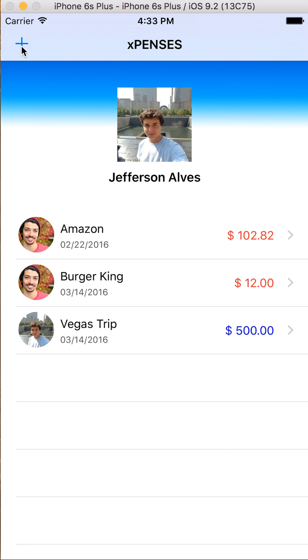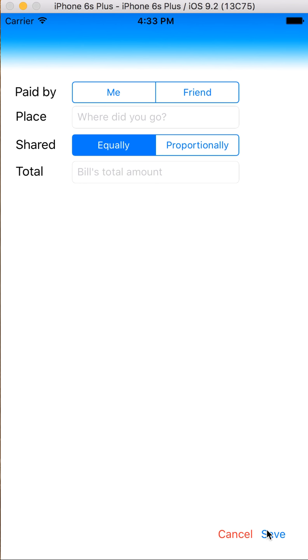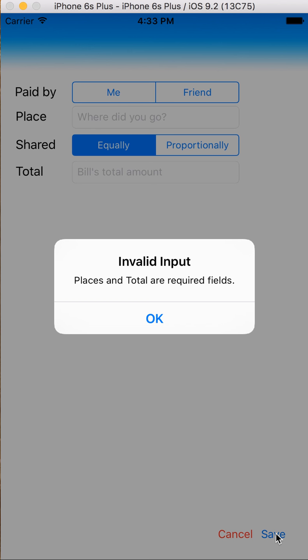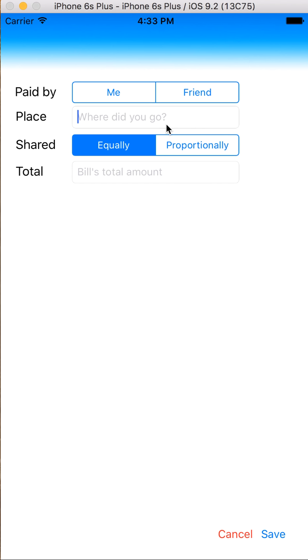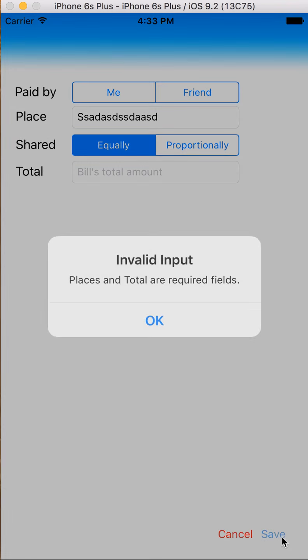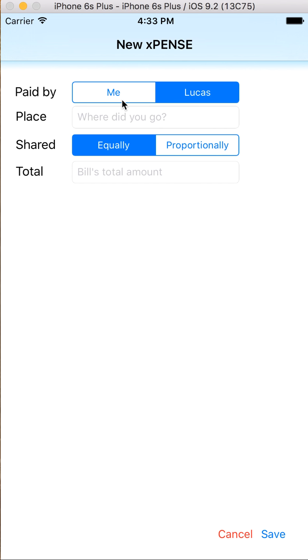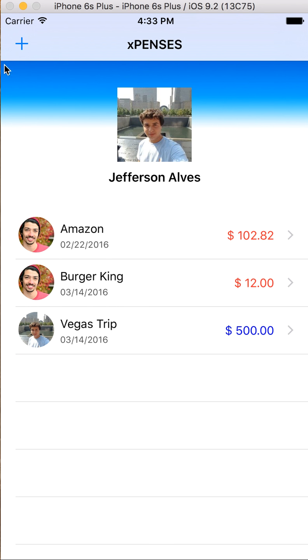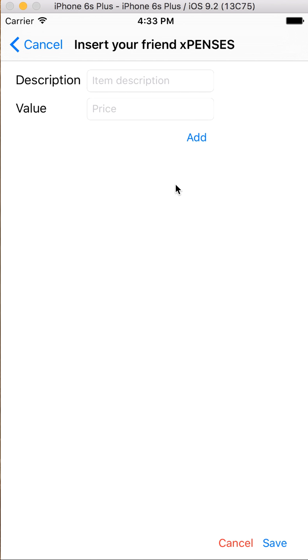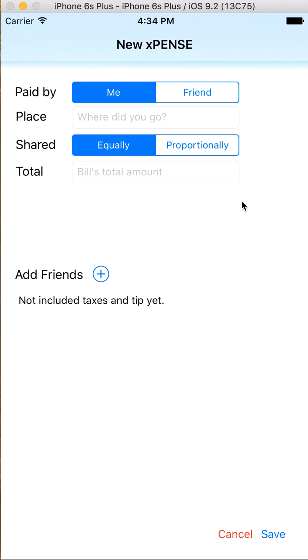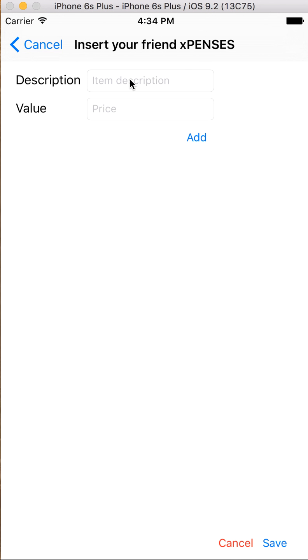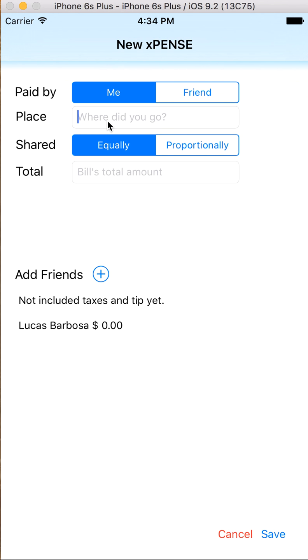So I can go back here, and I have some verifications, like if you try to save an empty form, it will not let you do it. Even if I do something here without the total, I have this verification. If I choose a friend that I didn't like, I can cancel the operation and I can come back, choose another one. Here's the same thing. It does nothing if you leave it, because for example, if I do some expense that is shared, but I want to share equally, I can put 0 here and save, and I can put like burgers,